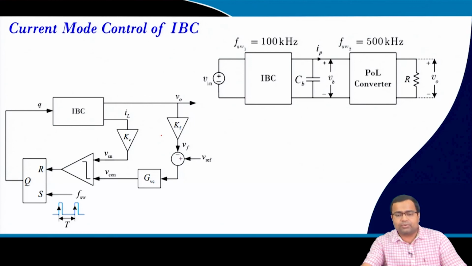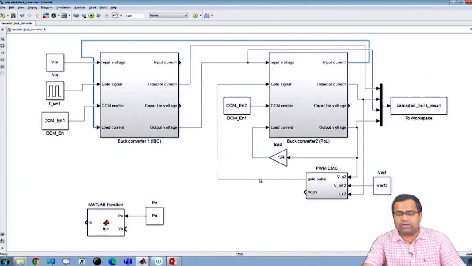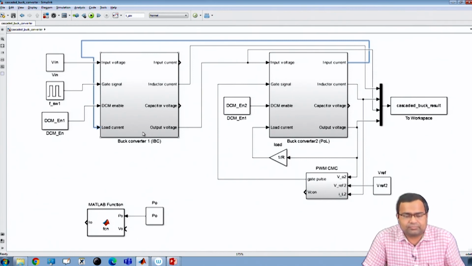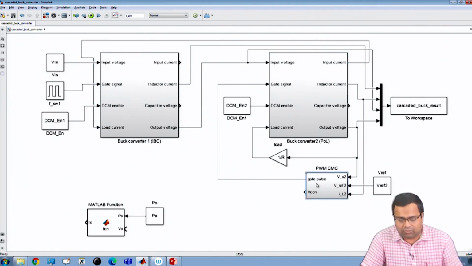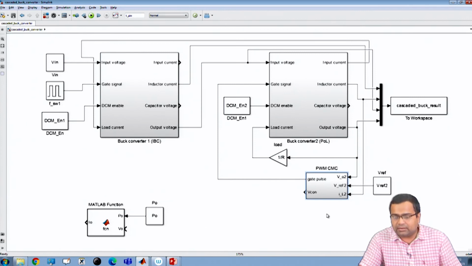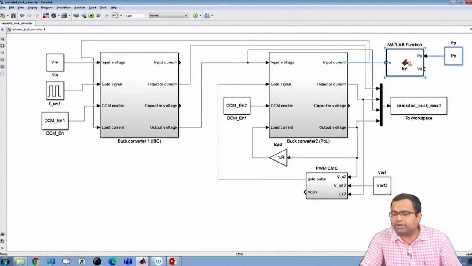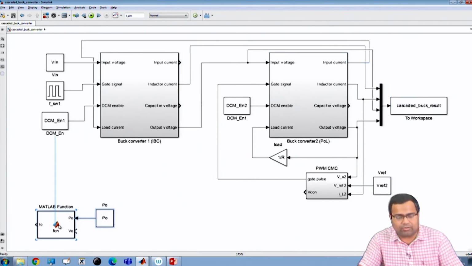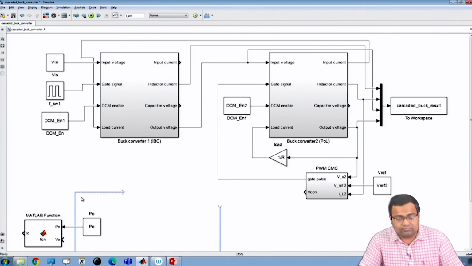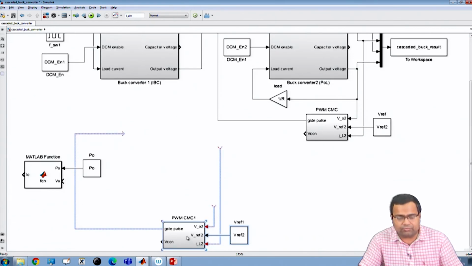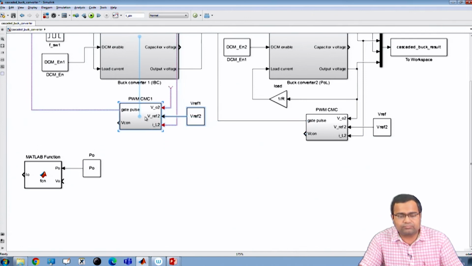Now if we go back to our simulation, and now if we change this, if we now use another current mode control block diagram, that means we just simply copy and paste, we keep this somewhere here, because this block we do not need it. Okay, so it has gone down. Yeah, so what I am going to do now,